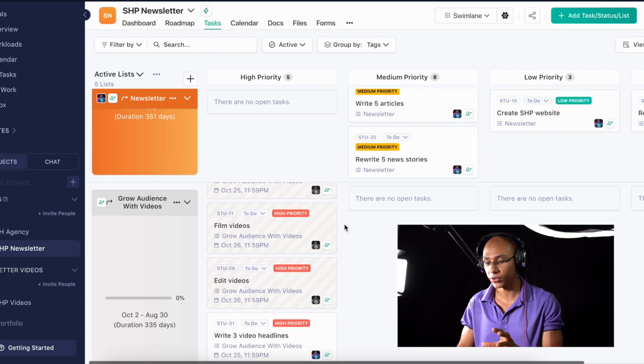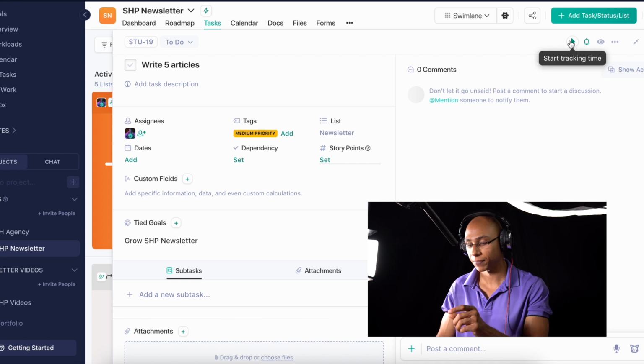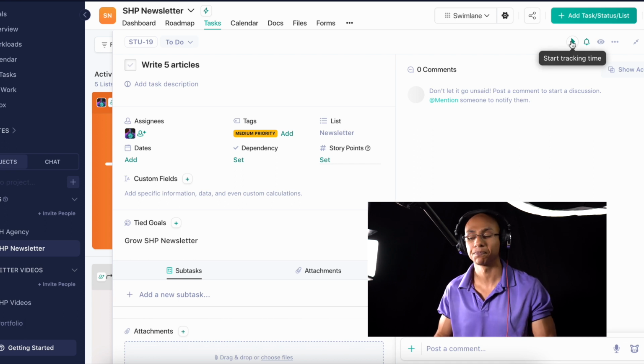So that's kind of what you see now in terms of the project management tool that I have set up. I'm going to tie everything together. You'll see everything over time in terms of the tasks and all that. I even thought maybe I could set the timer so I can actually track. So I can click here, start tracking the time. I can do all that. So that's it for today. I got the project management tool set up. I'm going to work on this thing. Let's get going.